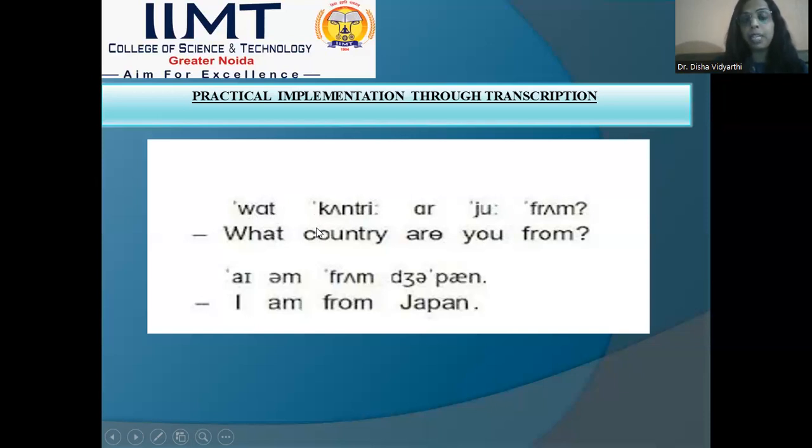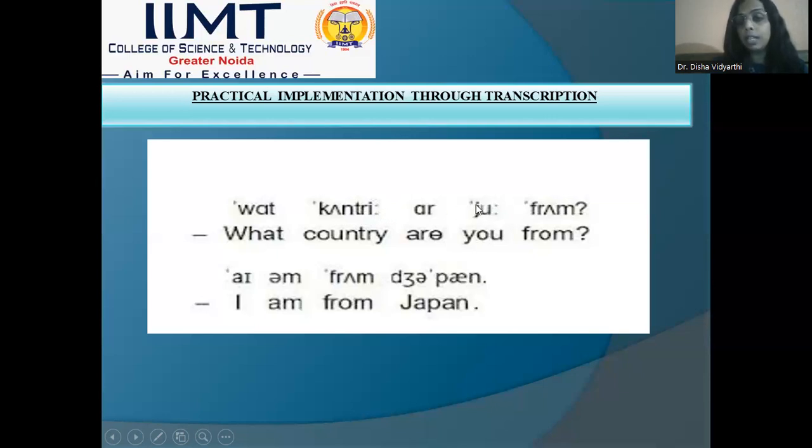So even if this sentence is not written, just by looking at the transcription shape of the sentence, you can read it out correctly. What country? Now it is not country. If you can see the transcription over here, this little triangle sound produces the sound in country, and it is the long vowel here, the long e sound, with a colon mark, as we studied in the previous segment of this session, how we write long vowels with the colon mark. So it is written country are you.